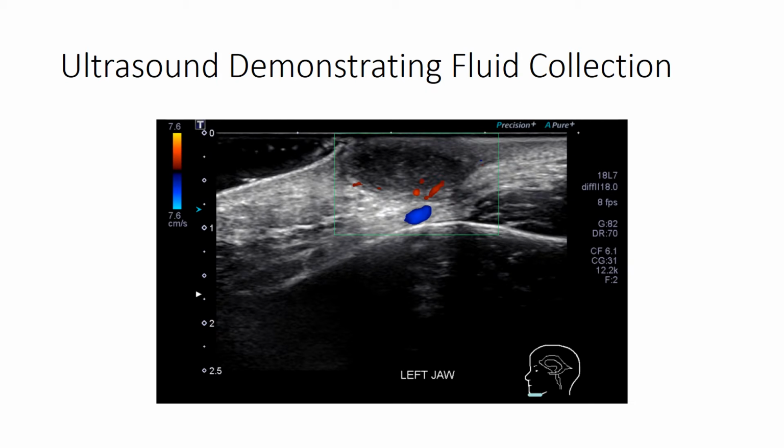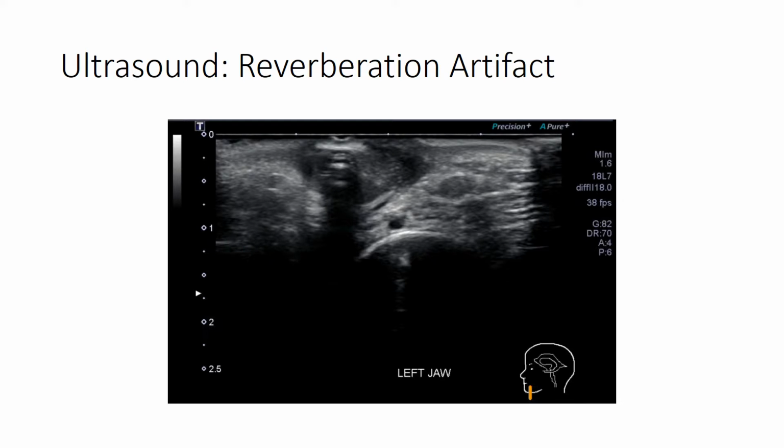Initially, an ultrasound was performed, which demonstrated a well-circumscribed hypoechoic collection without internal flow but with some peripheral vascularity. Within this fluid collection, there was a reverberation artifact, which can be seen by these multiple horizontal echogenic lines, and